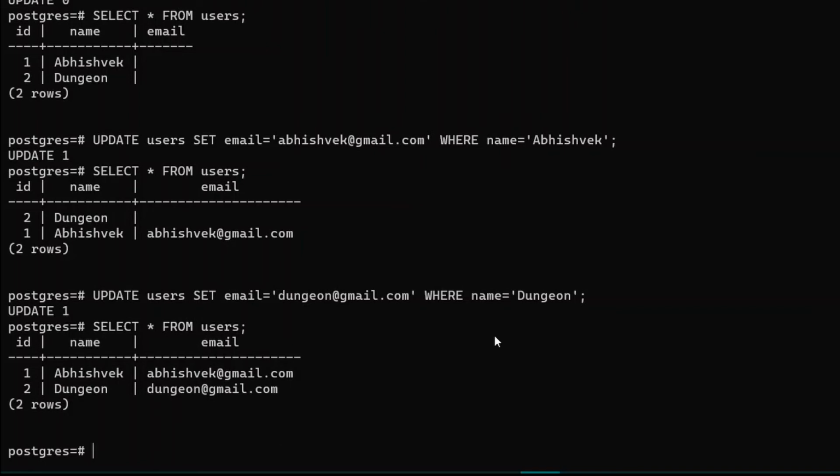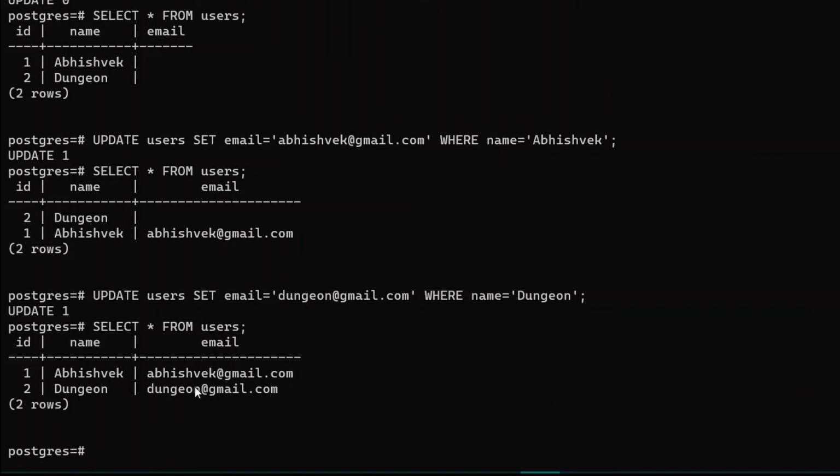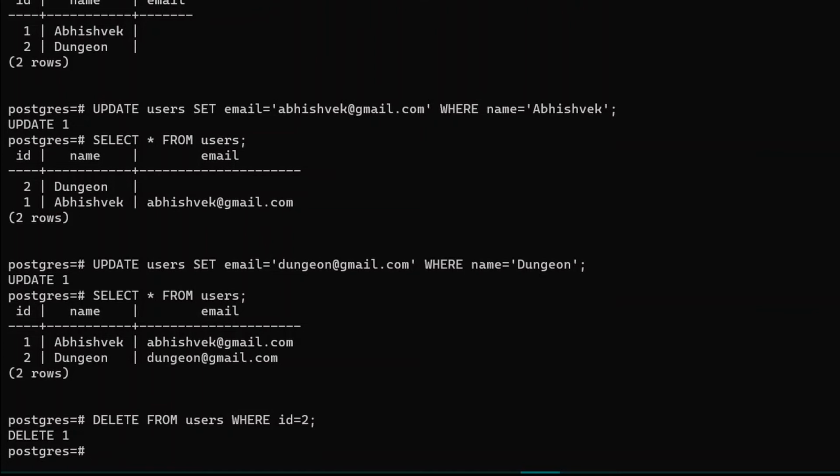So once we have seen what is update, let's also take a look over the delete operation under Postgres. For that purpose, let's delete the following dungeon from our entire users table. For that purpose, you should be writing here a command of delete. Let's say delete from the following users table, just like this. And here I can simply add a where condition. Let's say where id should be equal to 2. Add a semicolon, press enter. Cool. So the deleted count is 1.